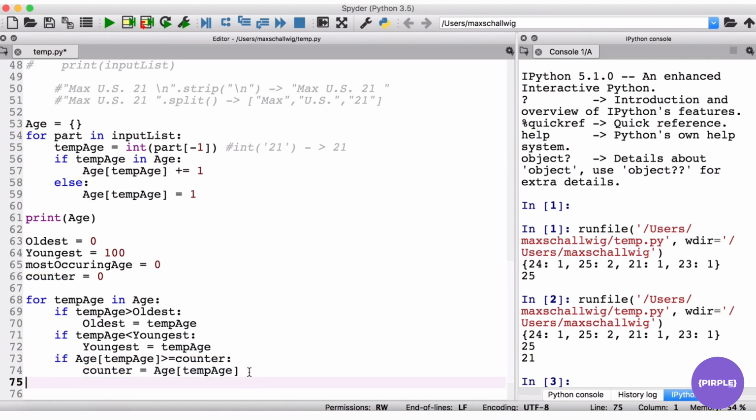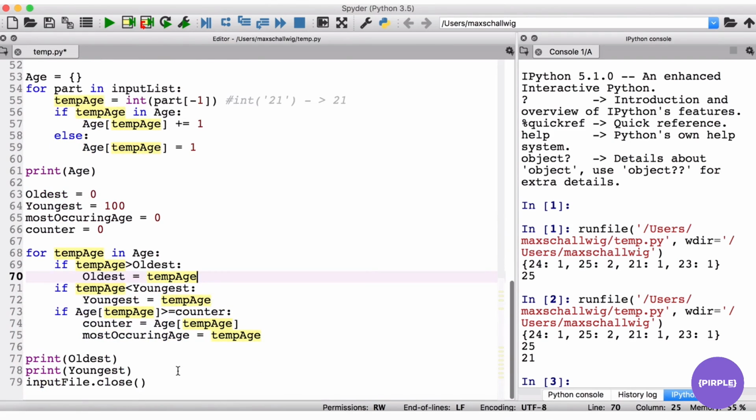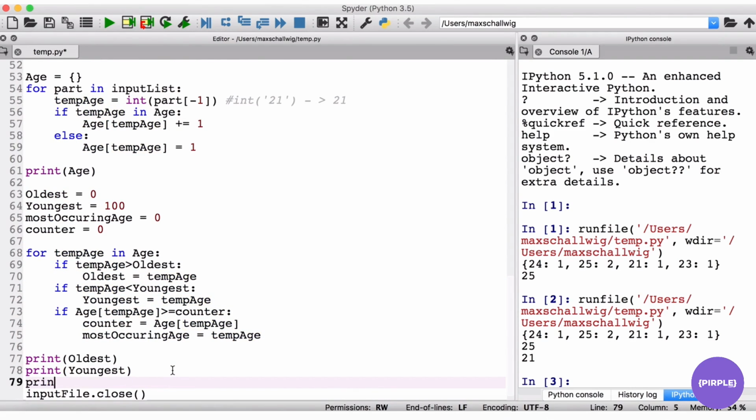So that's the last thing we're going to do. We're going to make the most occurring age be equal to the temp age. The temp age is just the key. And so our counter is going to be the value corresponding to the key, or the value corresponding to the age. And our most occurring age is going to be the age corresponding to the biggest value, or the biggest participant count. So let's also print out, and maybe let's do a little bit more fancy printing here, most occurring